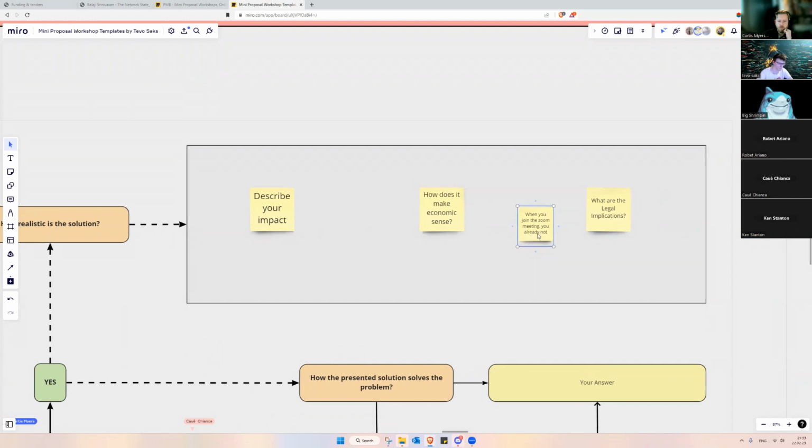For economic sense, you'd need to find a way to monetize the tool, or you'd need to make the argument that the monetary value of the tool is so great for Cardano that it should be subsidized by Project Catalyst. I'm less inclined to the latter, more so to the former.